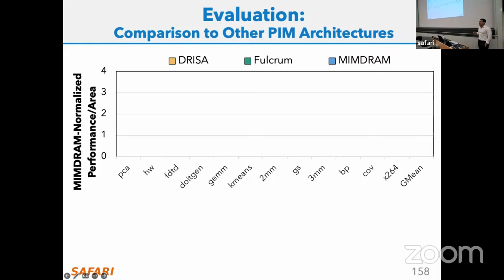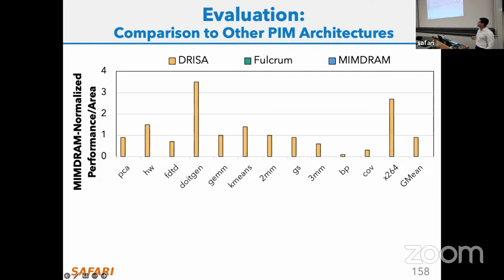While Ambit does those triple activations without incurring much area cost, the DRISA paper takes a completely different approach and goes full accelerator mode. They add some NOR gates to each bit line of a DRAM subarray, so you can do Boolean operations in DRAM. So we compare to that substrate and to another processing-near-memory design, which uses a scalar ALU engine at the edge of the subarray to do scalar operations in a processing-near-DRAM type of substrate.